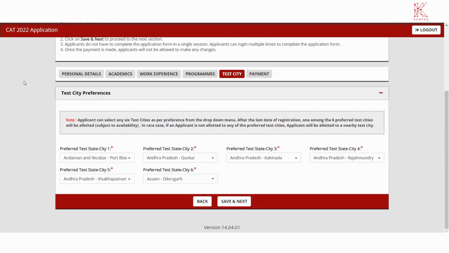Now, after the programs tab, we have here the test city tab. Let's go through the note firstly. Applicant can select any 6 test cities as per preference from the drop-down menu. After the last date of registration, one among the 6 preferred test cities will be allotted. In rare case, if an applicant is not allotted to any of the preferred test cities, applicant will be allotted to a nearby test. So make sure that you're choosing the preferred test city on the basis of your comfort and accessibility. After you're done choosing the 6 cities,